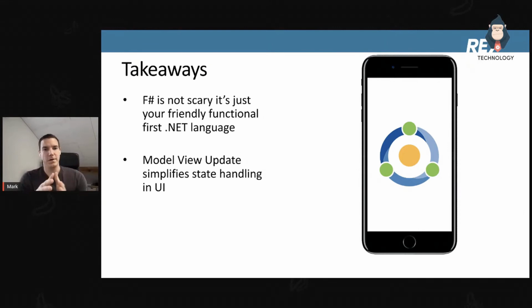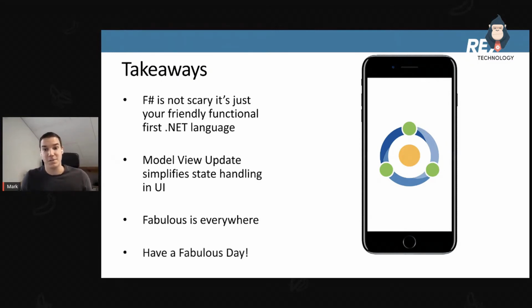So you define how the states can change in your app, and with that, you are in control of those, and you will have fewer race conditions and everything. And since Fabulous is based on Xamarin.Forms, you can run it pretty much anywhere that Xamarin.Forms is running. And yeah, with that, have a fabulous day.